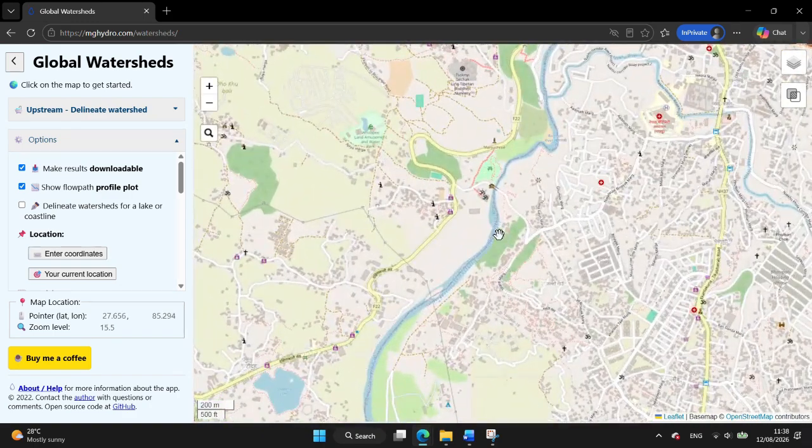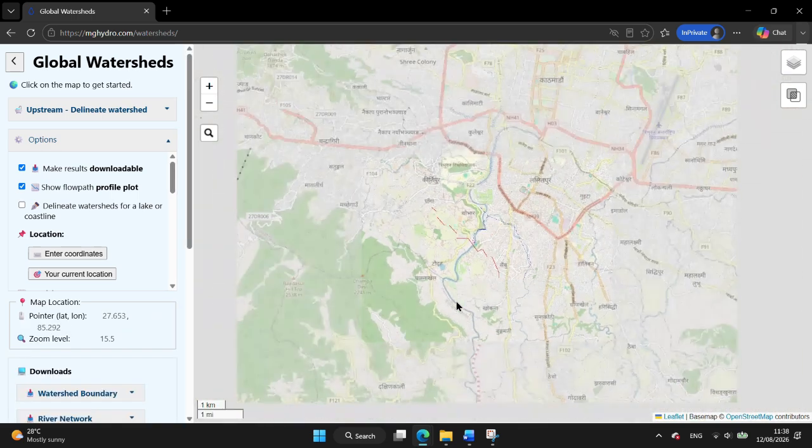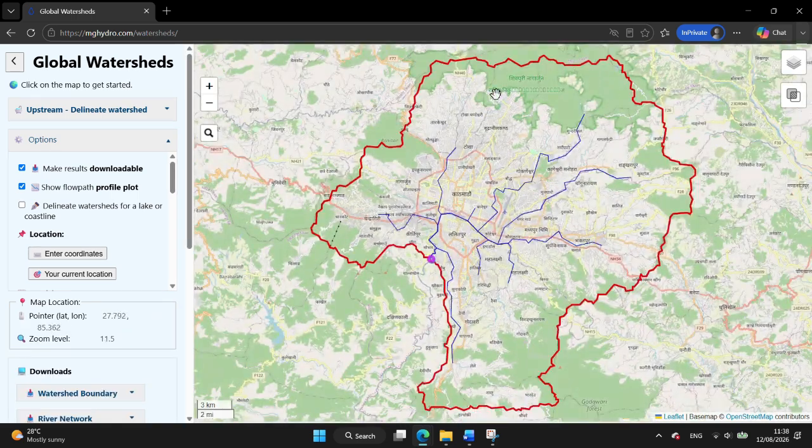So I am going to click on this, and after clicking on the delineate option, you will see a watershed boundary, which is very quick. This one is the Bagmati river basin outlet at Chobar near Kathmandu valley. Okay,